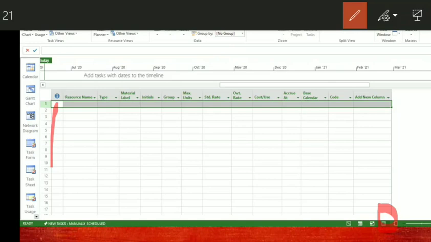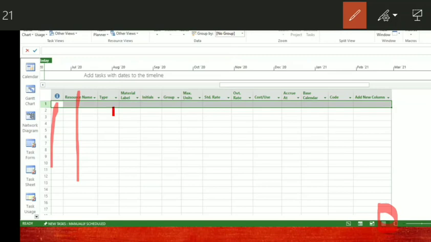The second column is for the resource name. For example, you can give a person's name or a description such as site engineer, project manager, head mason, mason, builder, bishti. All that will come as resource name. If it is a material, you can say cement, sand and so on, or if it is equipment, bulldozer, dozers, excavators, hammers. All these things will come here.